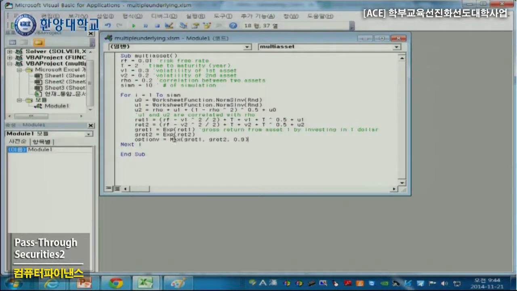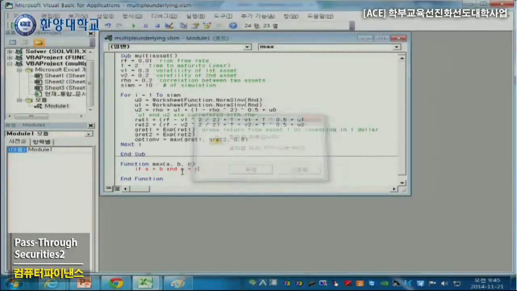Then I have to define this max function. I think it will not work otherwise, right? So let me define the function max(A, B, C). In Excel, my new function called max is: if A is greater than B and if A is greater than C, then